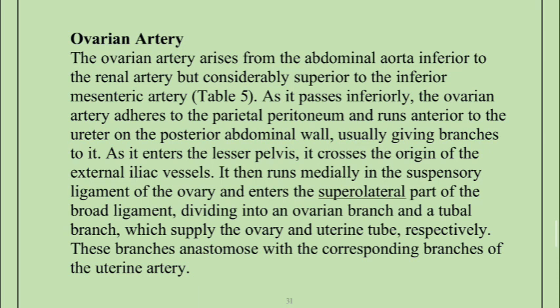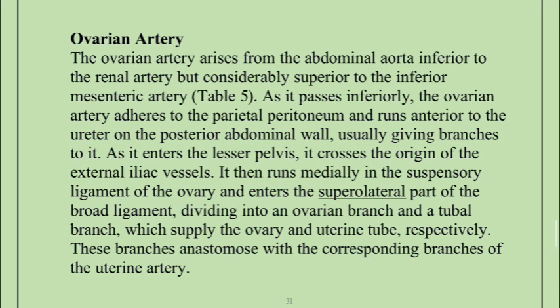So you find the ovarian artery arising from the abdominal aorta, inferior to the renal artery, but superior to the inferior mesenteric artery. The ovarian artery goes inferiorly, and as it passes inferiorly, the ovarian artery adheres to the parietal peritoneum